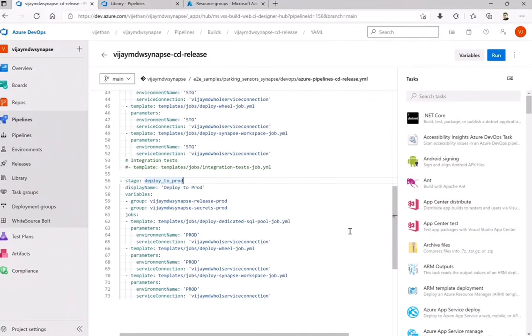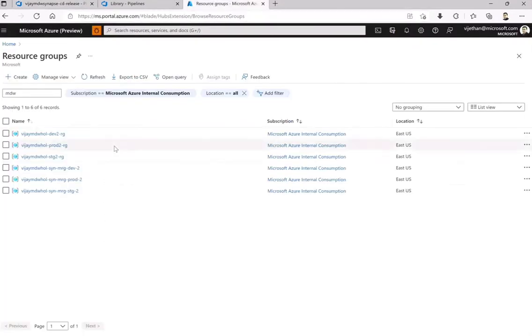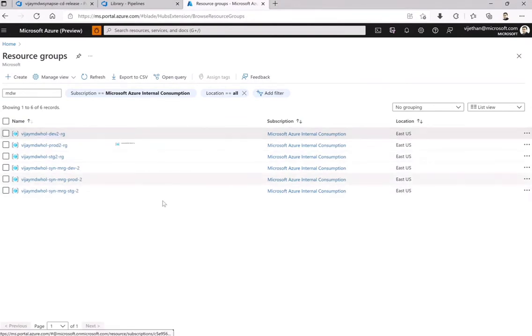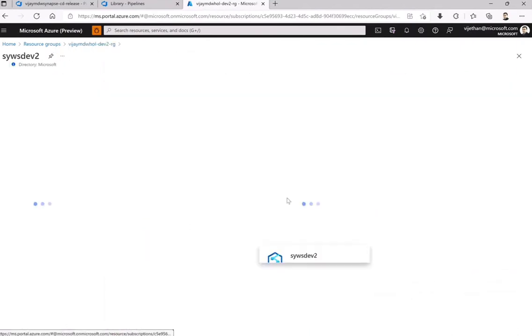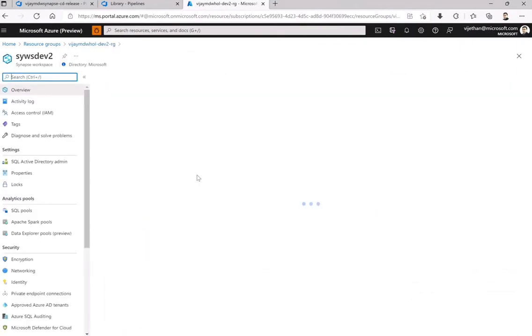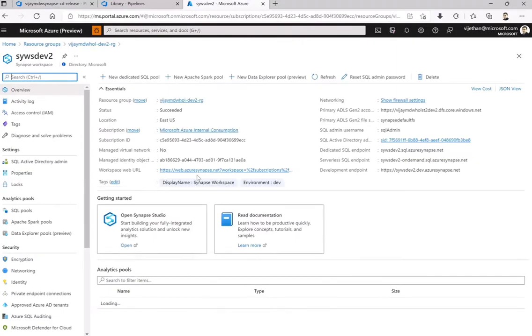Okay, so now let's run step by step. Now first thing which I've shown you, I will need the integration with the source control. So let me go with the dev environment. And if you have this dev environment setup, you will have that particular control. Okay, so just open the Synapse Studio.